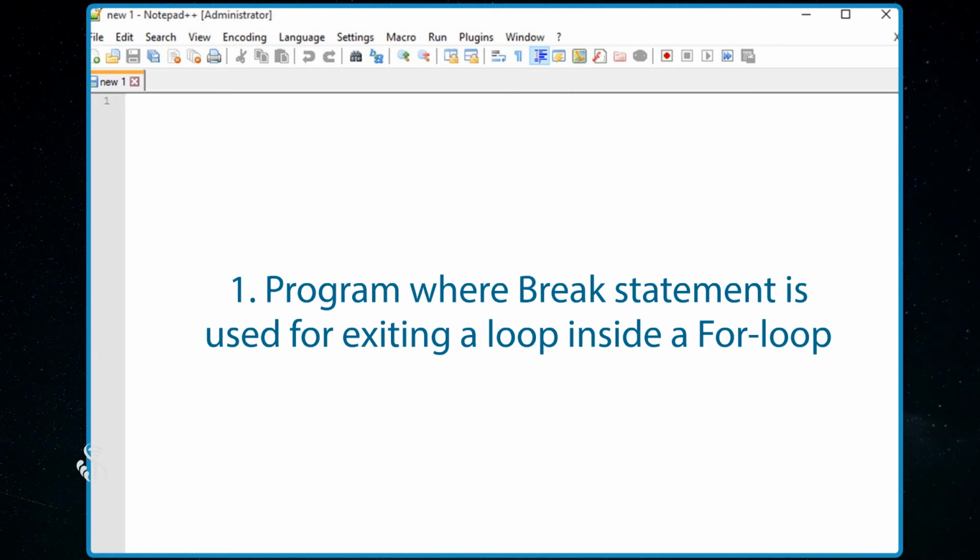Program where the break statement is used for exiting a loop inside a for loop.